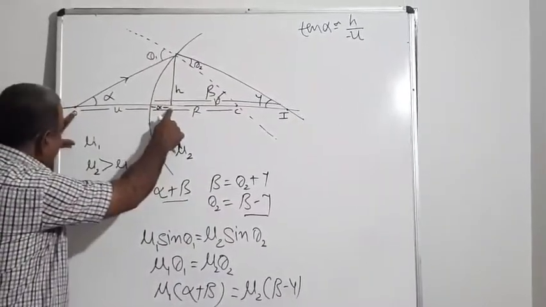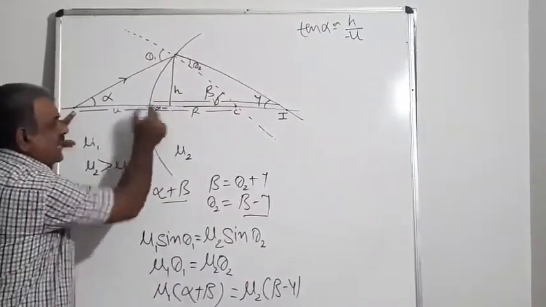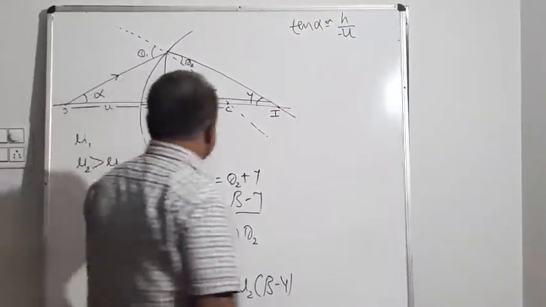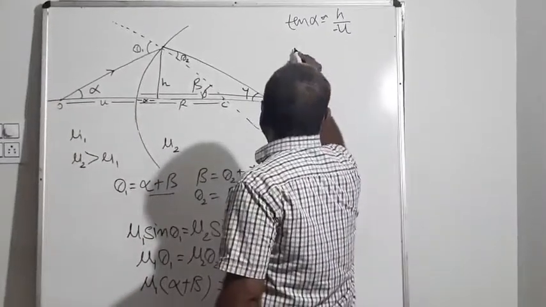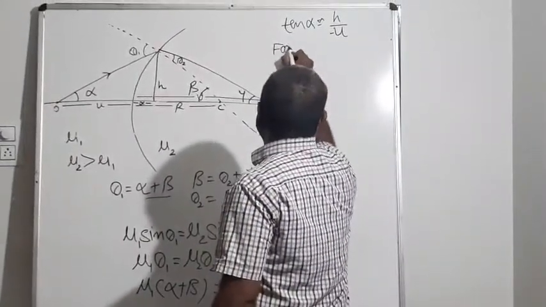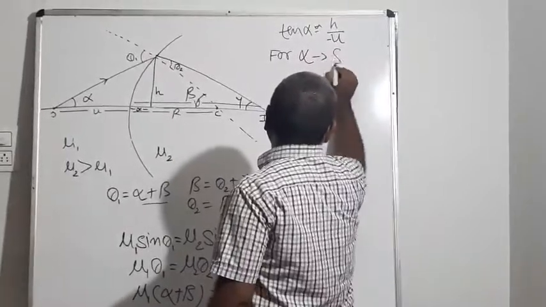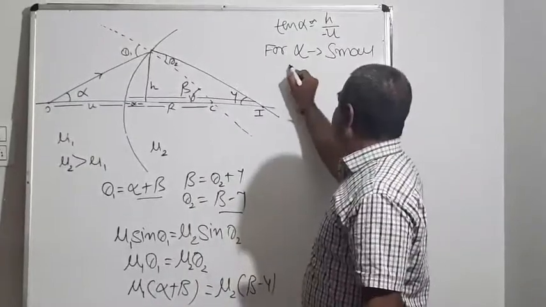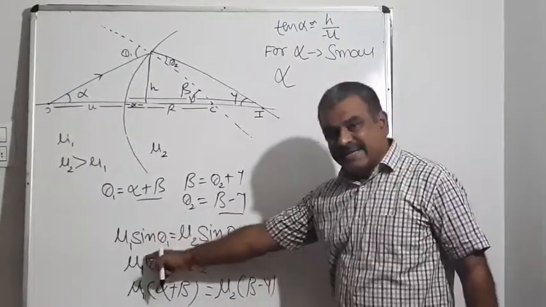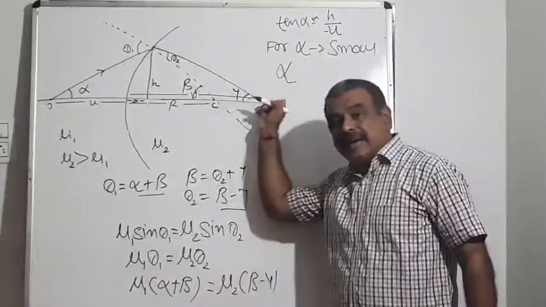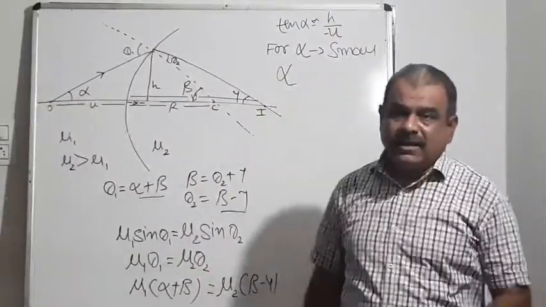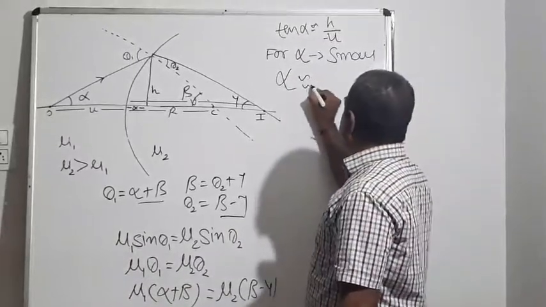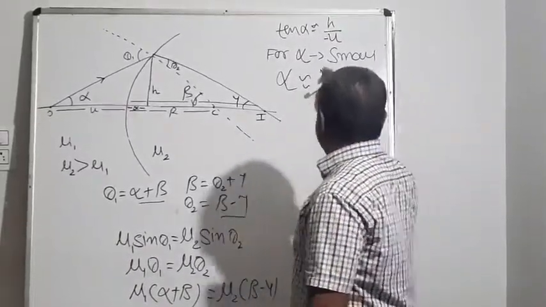Again, the triangle is completed at u plus x, but this is negligibly small, so we are taking tan alpha equal to h by u. Similarly, for alpha to be very small, what can we write down? Tan alpha is approximately alpha. Whatever assumption we have used over here, the same I am repeating: for a smaller angle, tan theta is theta, sin theta is theta. So alpha is approximately h by